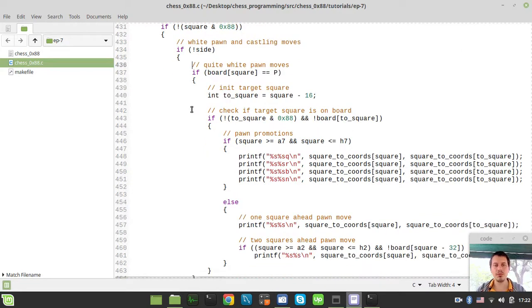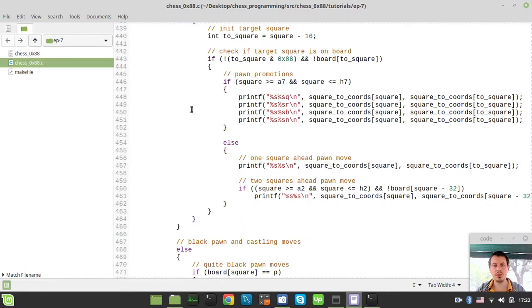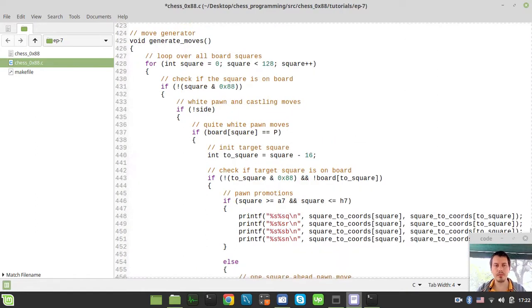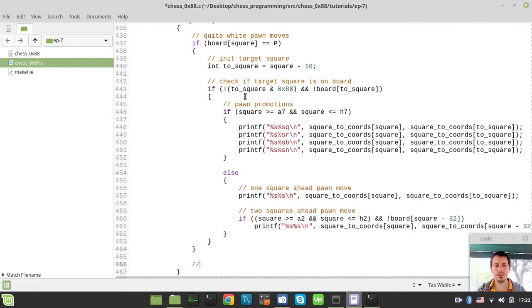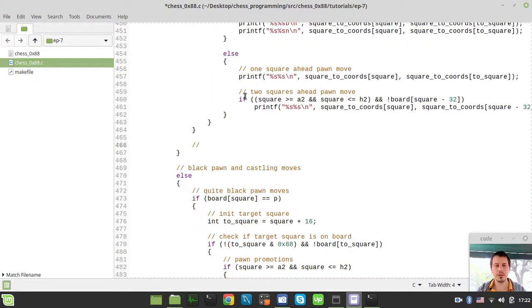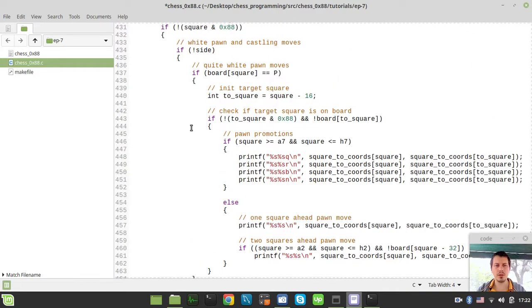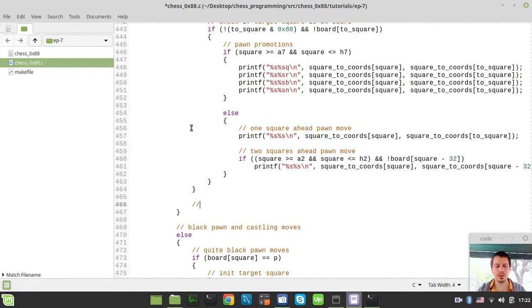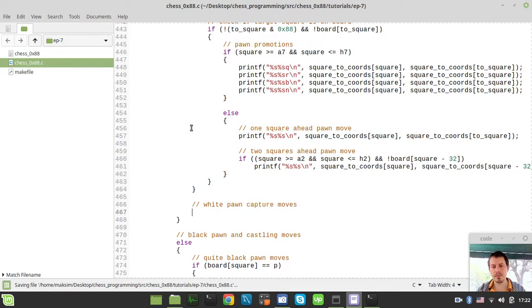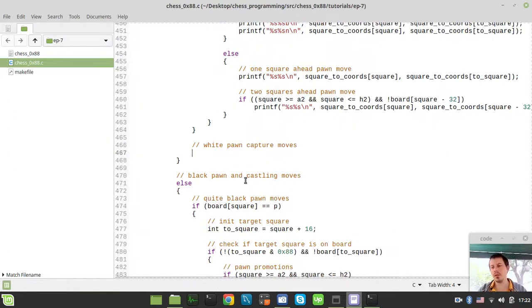So we'll start with generating white pawn captures, right over in here. Okay, hold on a sec, I'm a bit confused. White pawn capture moves. Okay, you remember at the beginning of this series, well, maybe not the first video,